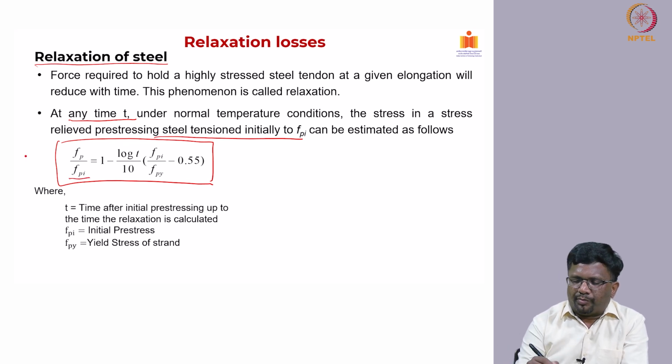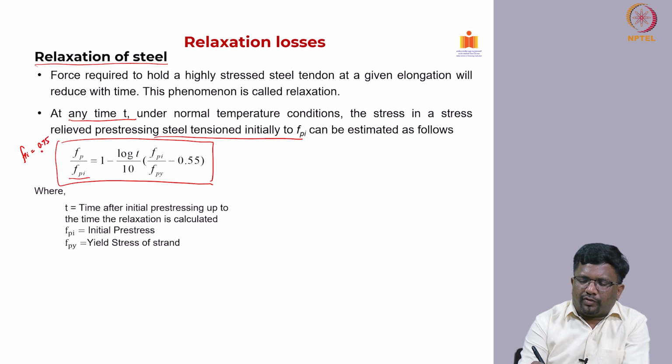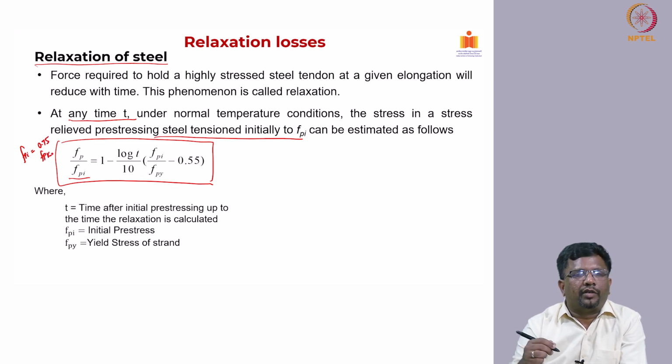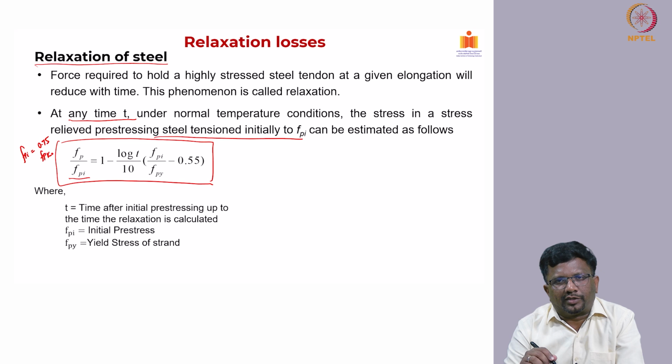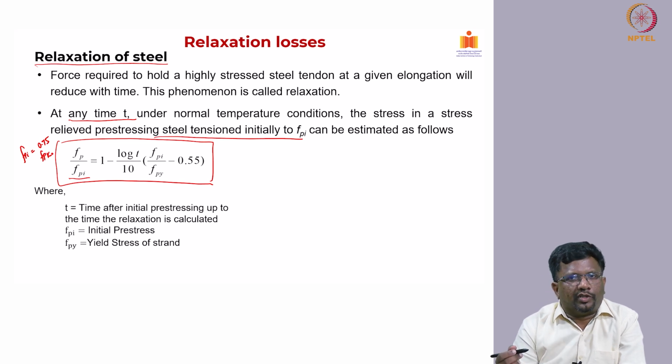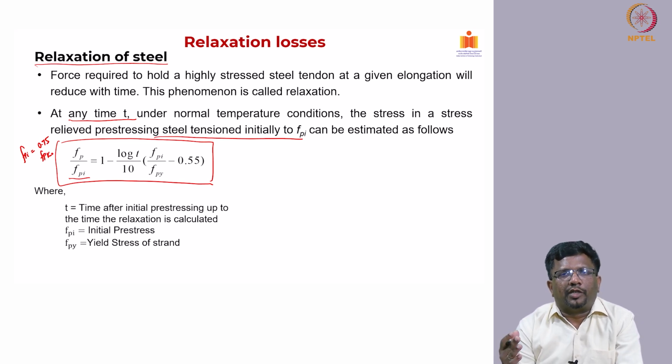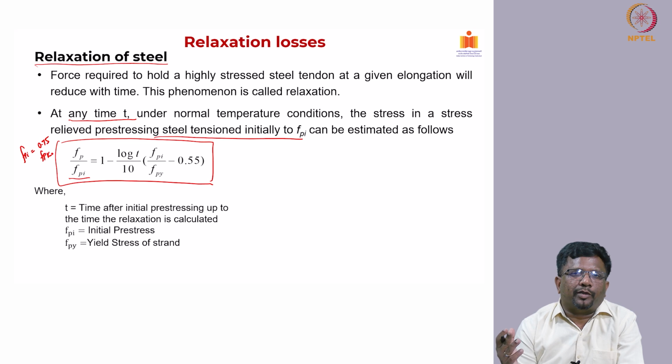Usually FPI is taken as 0.75 times FPK, where FPK is the characteristic strength. It could be 75% or 80%. Typically, we don't go more than 80% of the characteristic strength for applying the initial pre-stress. Different codes will have different limits. For example, in IS 1343, the maximum limit that jacking stress can be applied is 76% of